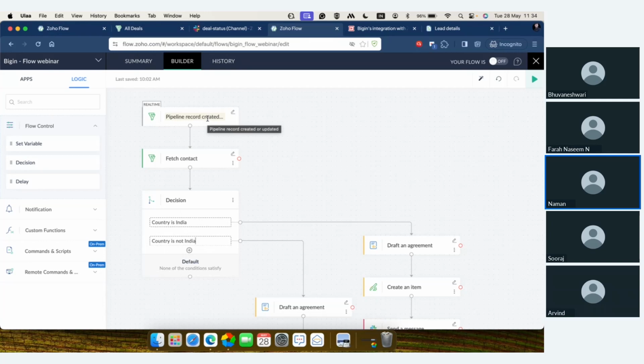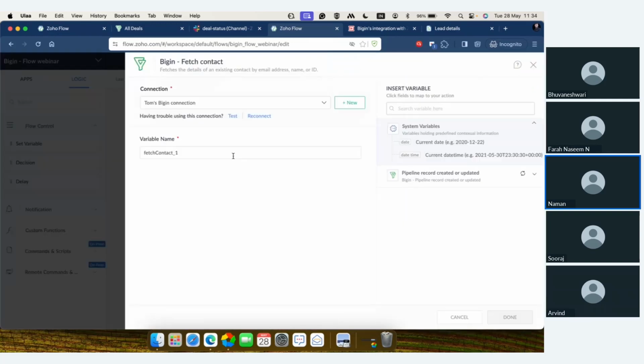So the first thing is when a pipeline record is created or updated, that's going to be my trigger. Followed by that, I'm just fetching the contact. This is a hygiene practice. You can avoid it because it's just Bigin. However, if you were using some other application, we would advise you to please have a fetch contact